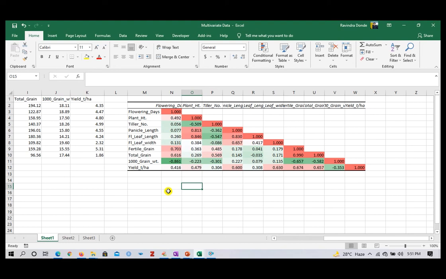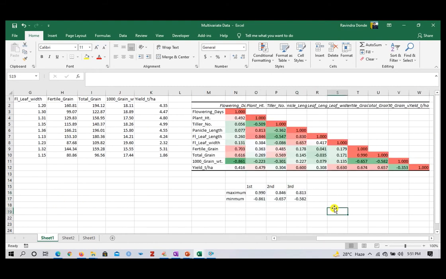For interpretation, we have to identify the top 3 maximum and top 3 minimum correlations among the variables. In this case, the highest correlation was observed in these traits, followed by these other traits. Let's take an example. In this correlation, we find the highest correlation between fertile grain and total grain, followed by the next two highest, plant height with flag leaf length and plant height with panicle length.